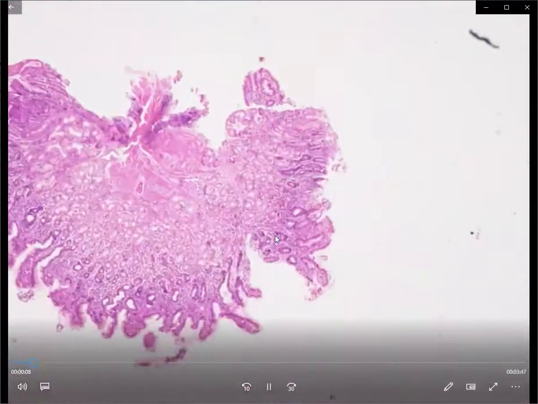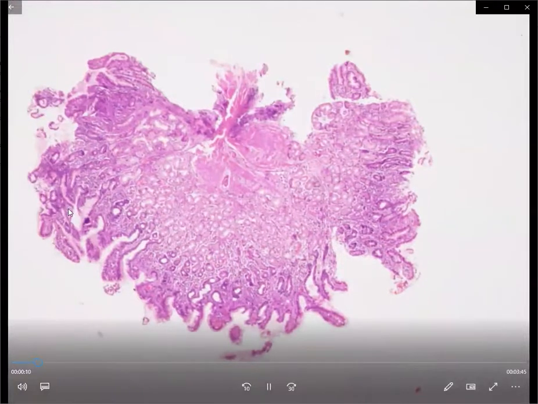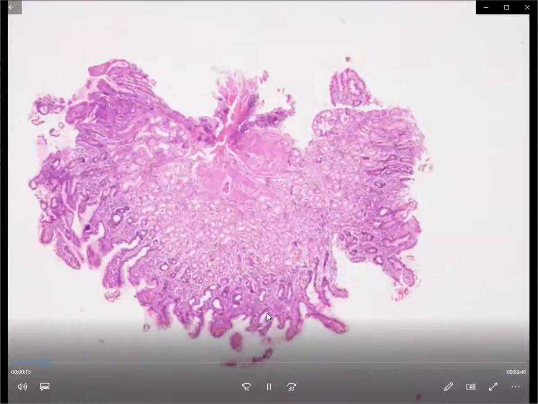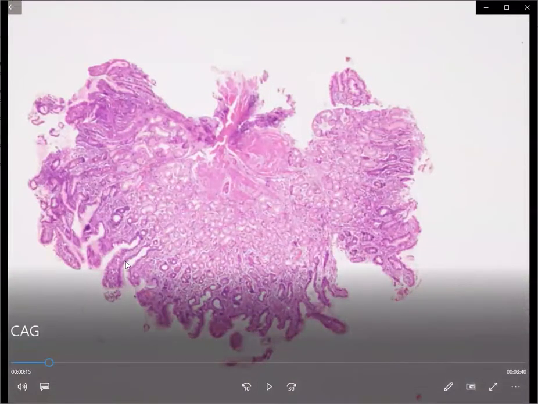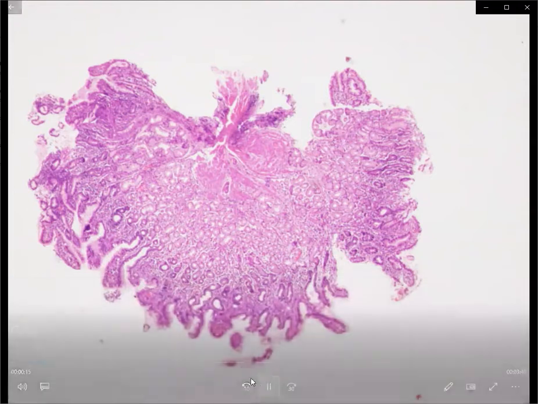So we have these two bits and both are showing a little distortion of the surface epithelium, and as you can see, it is more villiform in the second bit. Generally we do not see this amount of villiform nature in a gastric biopsy. So the architecture is a little disturbed. Now from the architecture we'll go down.